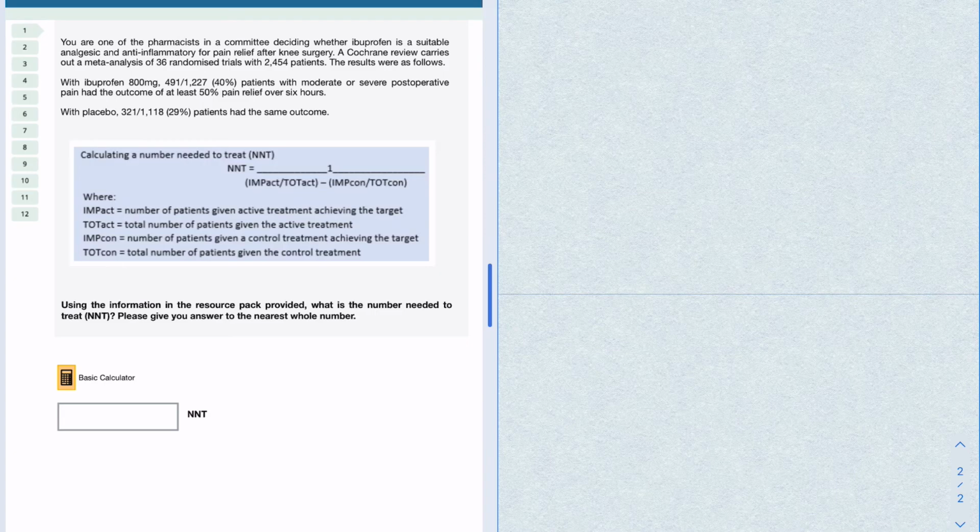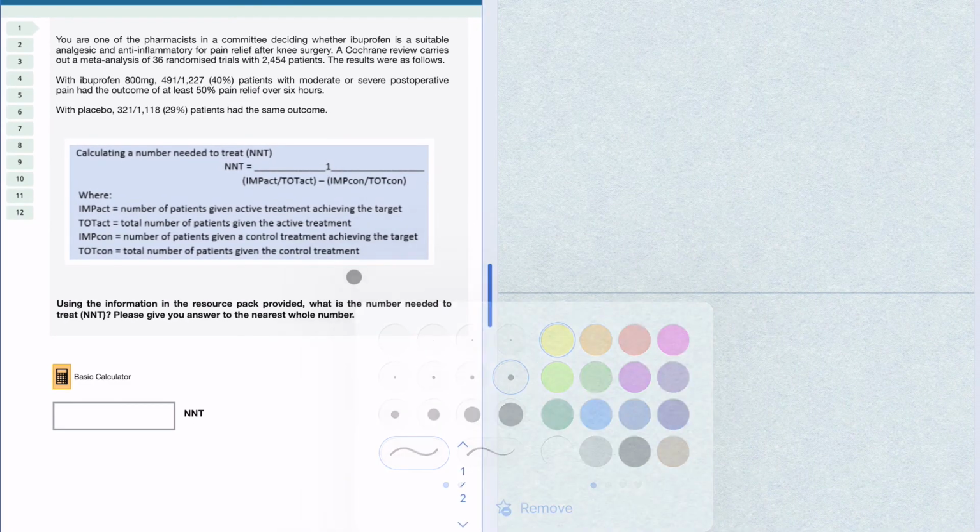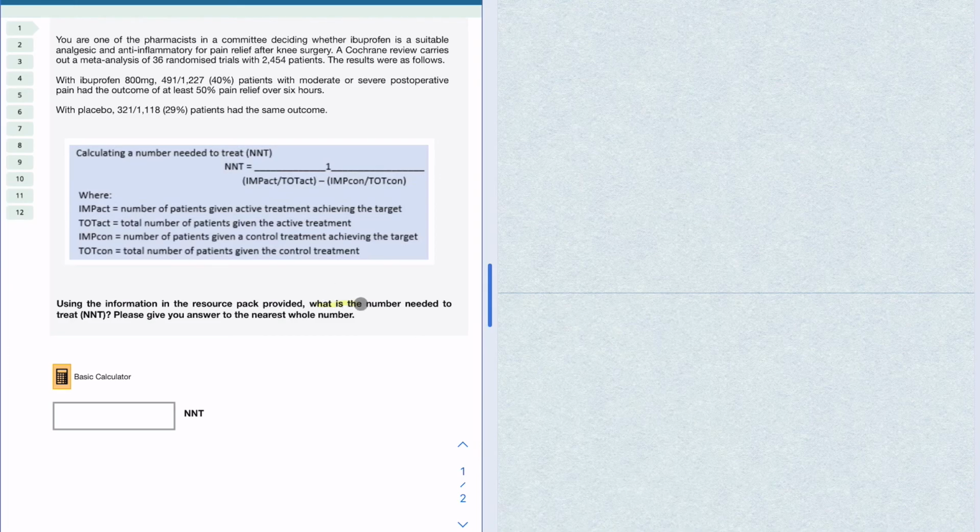Now, the first thing which is always advisable in the exam, once you've read through the question, is to highlight out the key parts which are important to you. I always advise my students to jump to the end of the question after reading through it once and pick out the key bits of information that are going to be really important. So at the bottom here, I'm going to highlight the fact that it's asking what is the number needed to treat, and also that the question's asking for the answer to the nearest whole